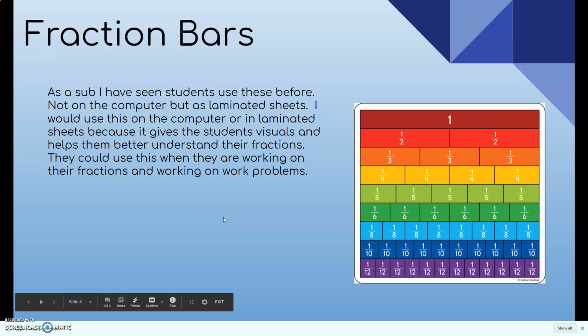I chose to focus on fraction bars as a sub. I have seen students use these before, not on the computer, but as laminated sheets. I would use these on the computer or in laminated sheets because it gives the students visuals and helps them better understand their fractions. They could use this when they are working on their fractions and working on word